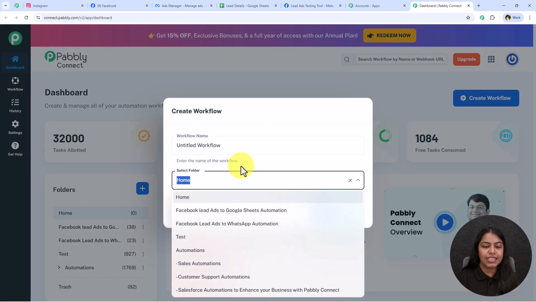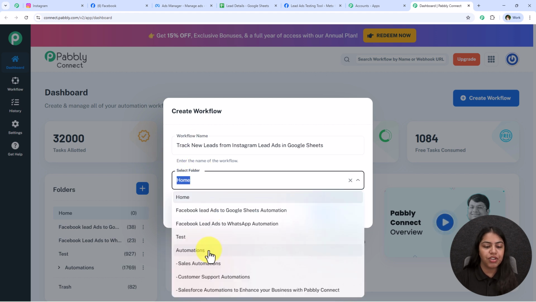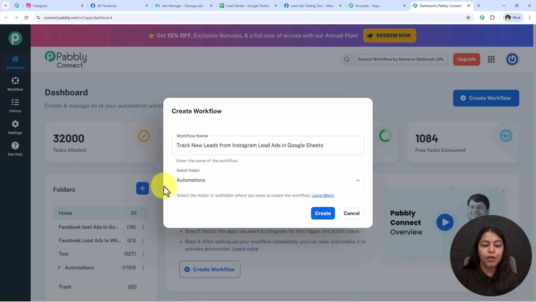So let's go towards the select of the new workflow builder, enter the workflow name and select the folder in which I want to save my workflow. If you also want to create a new folder, go towards this create new folder button and create your own. After selecting the folder and entering the workflow name, we have to click on this button which says create,